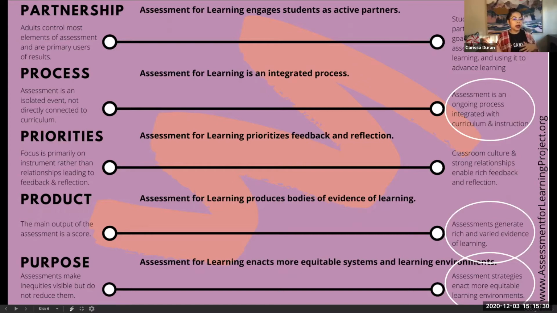For partnership, on the left, an assessment could be more adult controlled, but on the right, that's where we get to students as active learners. For process, on the left, we have assessment as an isolated event, and then on the right, assessment as an ongoing process. Priorities, assessment could range from being primarily focused on that instrument of delivery, like the mode of delivery that you're assessing in. And then on the right, you actually get to focus more on building a strong class culture and strong relationships so that your feedback is richer, more valuable, and students can begin to